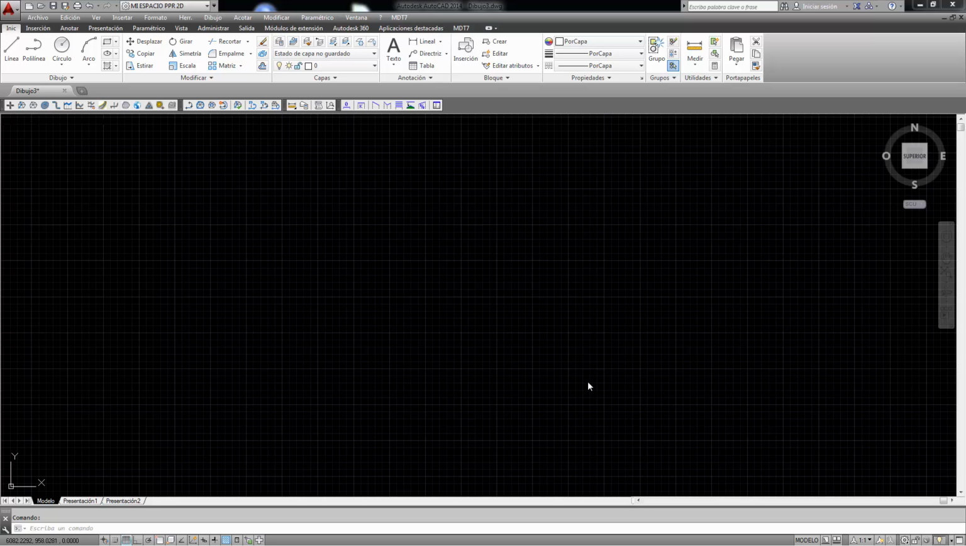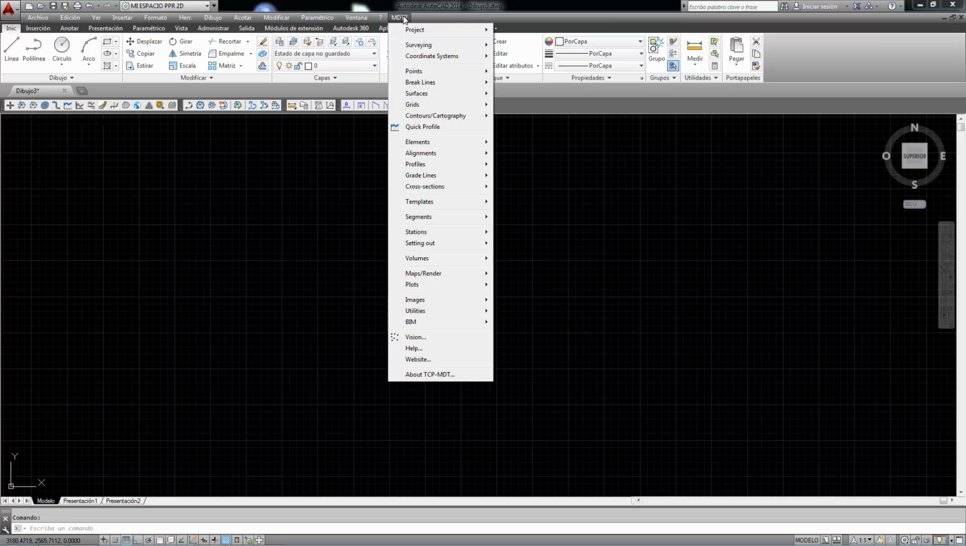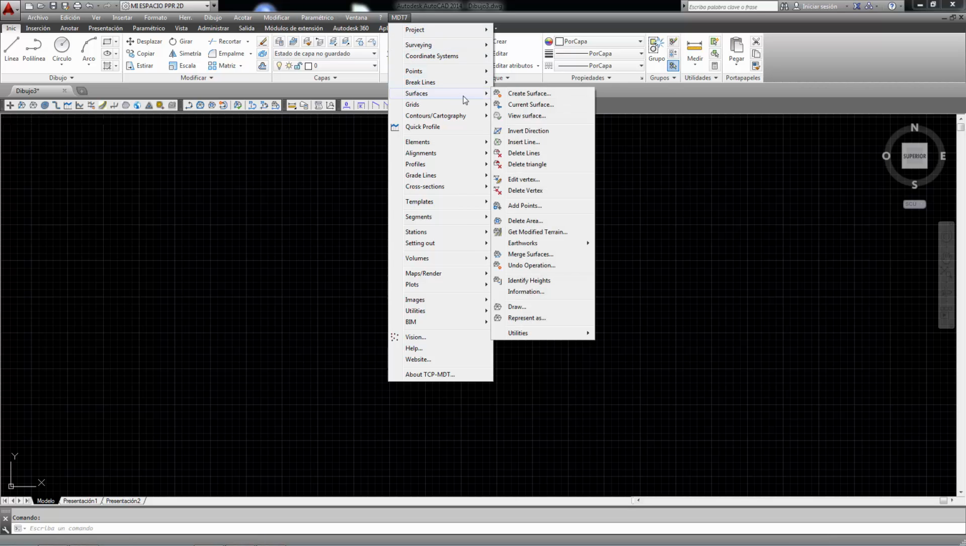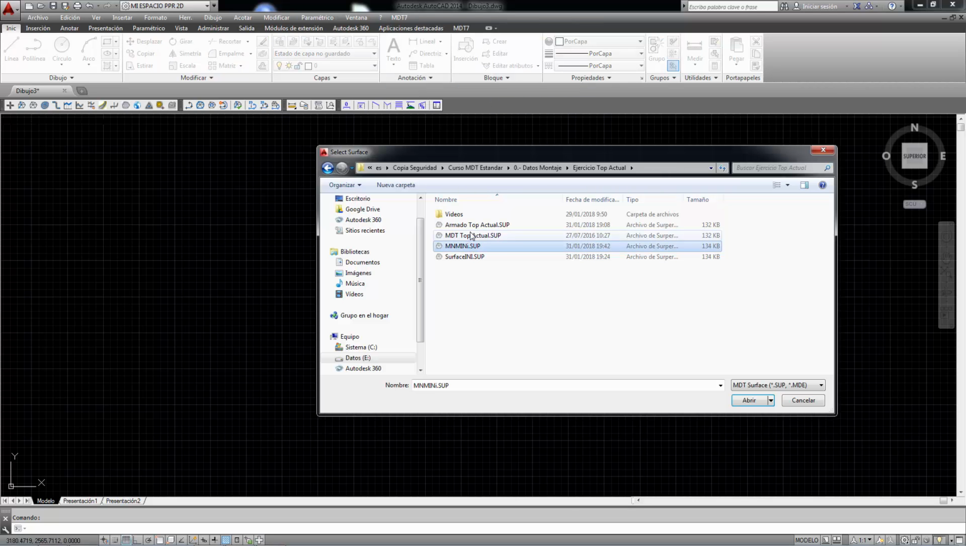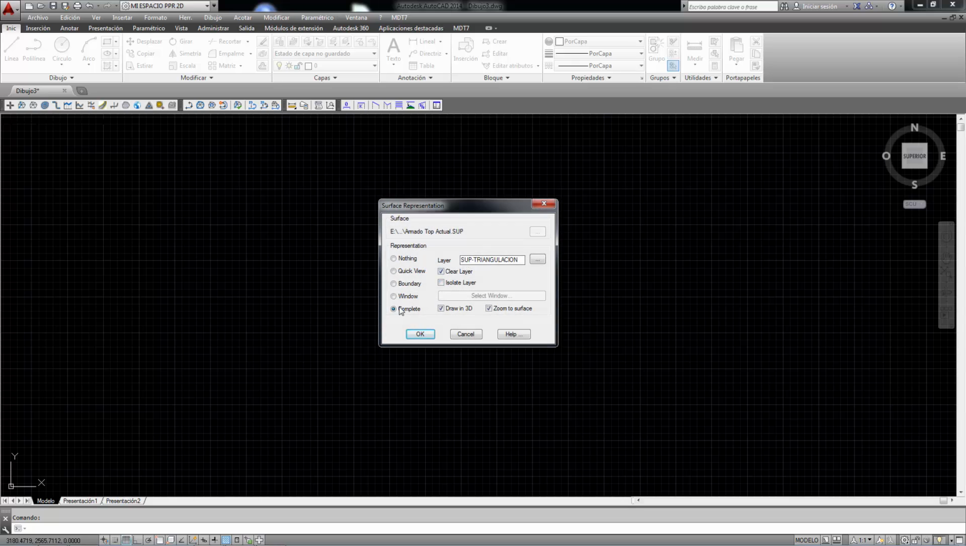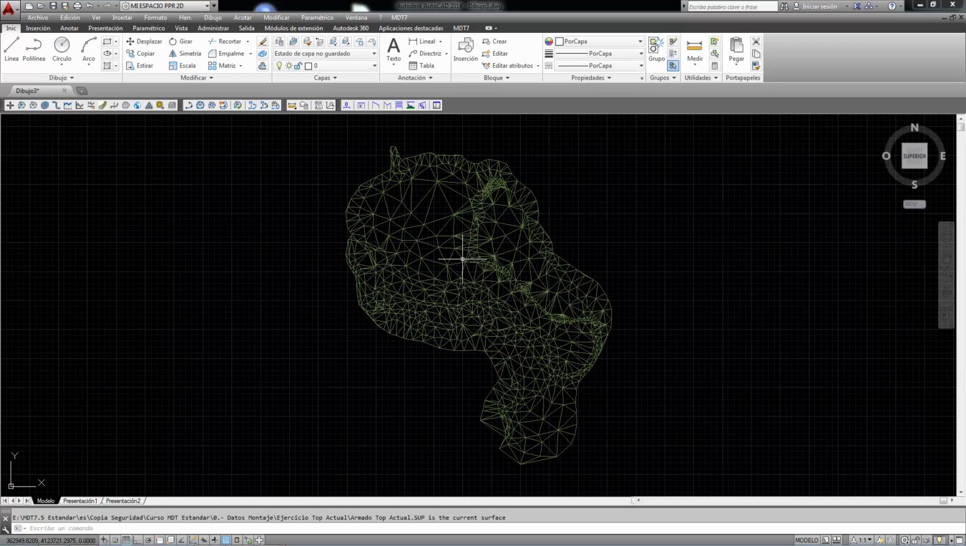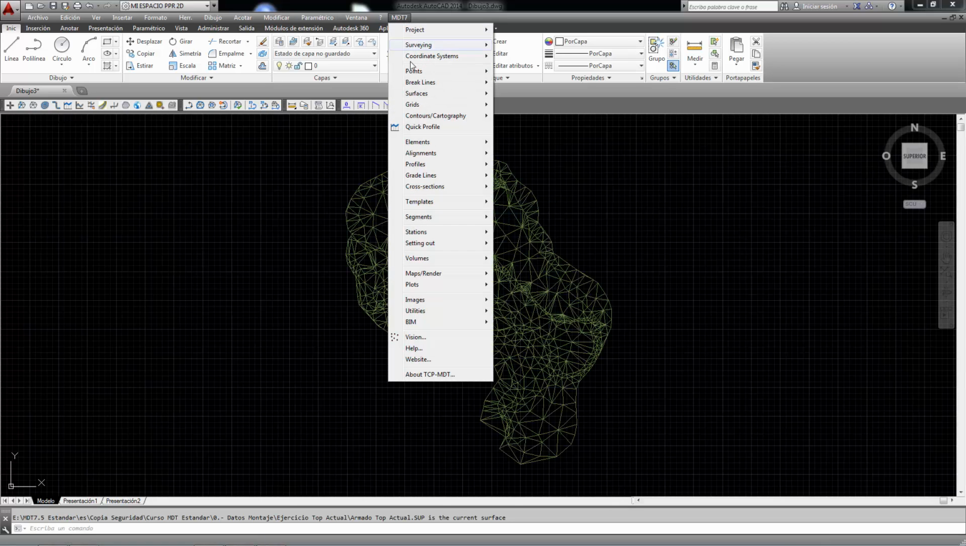Teaching Unit 6 deals with contours and profiles, and we are going to start with a blank sketch, loading a surface from the previous teaching unit. We go to MDT, Surface, Current Surface, and select Assembled Current Top. Once it has been loaded, we can execute a contour line using the MDT